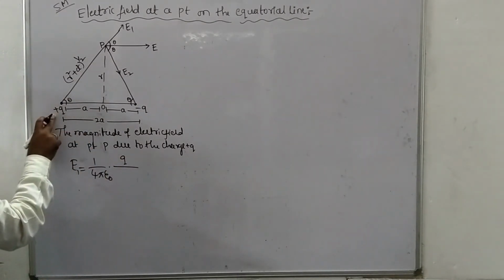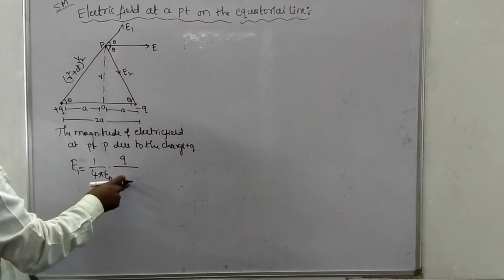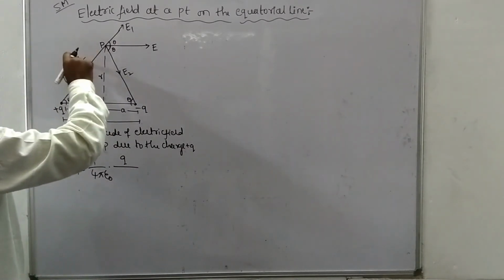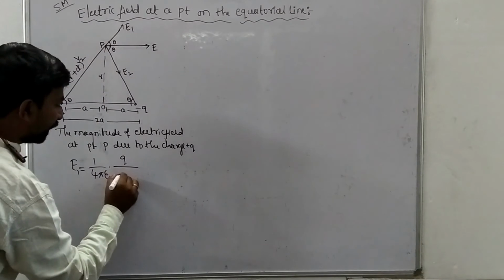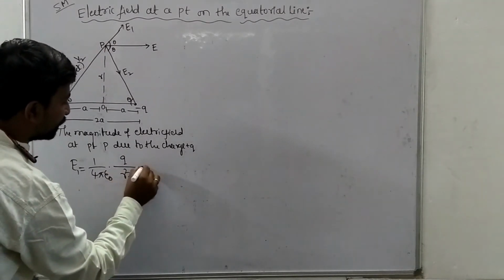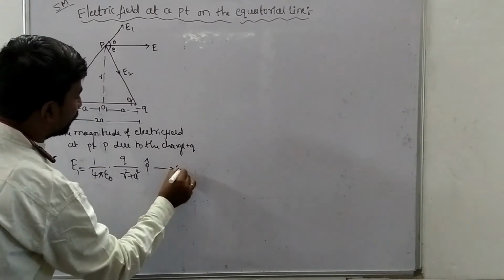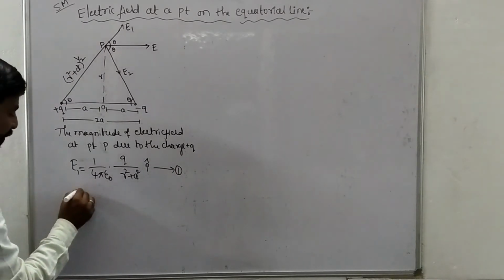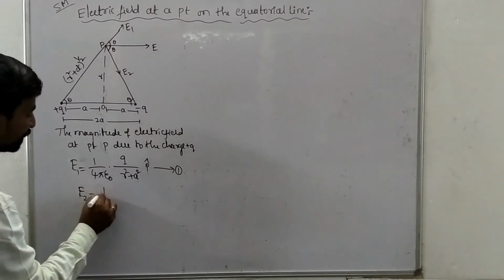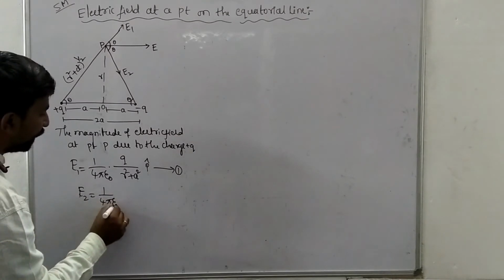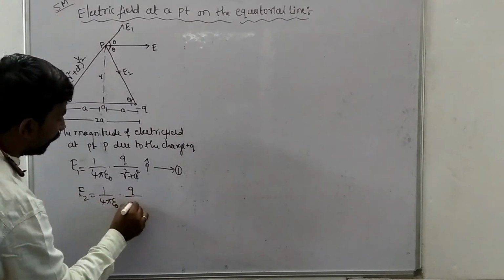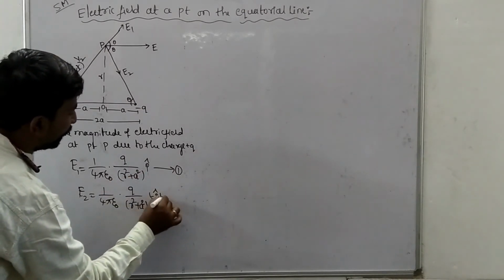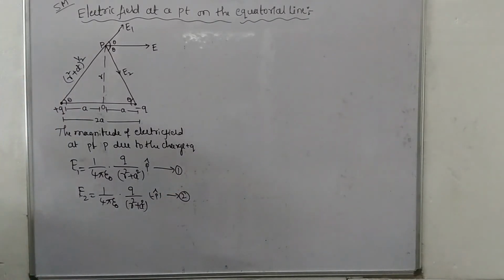Here, taking only charge Q, it is Q divided by r square, where r square is r square plus a square whole to the power of 1 by 2. When squared, the square root and the square cancel, and you can write r square plus a square into P cap. So this is equation number 1. Similarly, the magnitude of electric field E2 at point P due to the charge minus Q is given by: directly you can write E2 is equal to 1 by 4 pi epsilon naught Q divided by r square plus a square into minus P cap. So this is equation number 2.